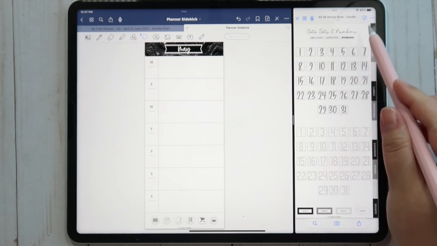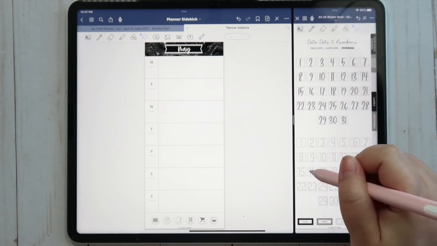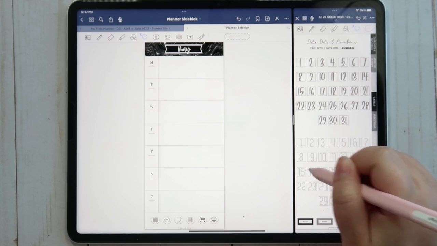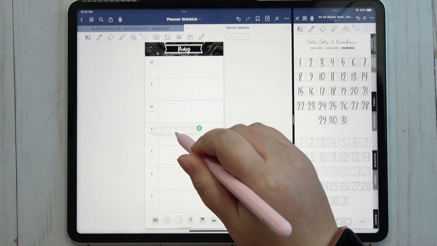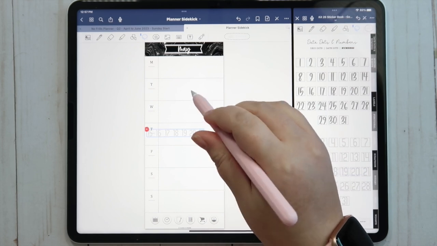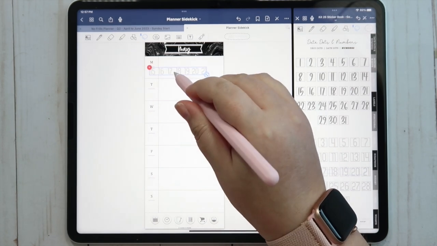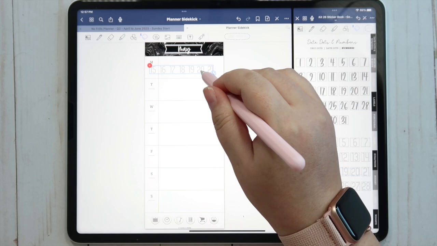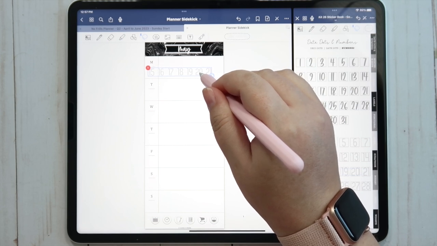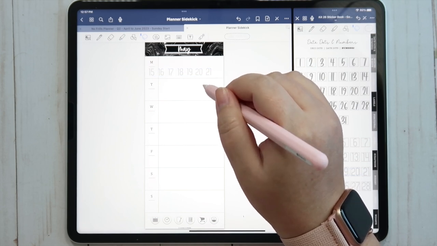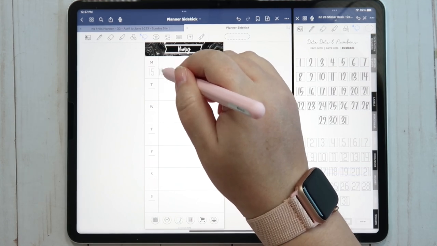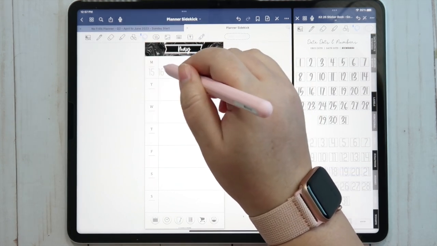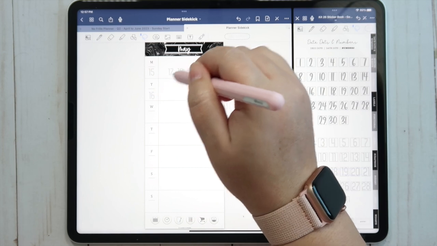So I'm gonna do the 15th through the 21st. And we'll kind of size them where we want them. And then I'm just gonna kind of go in, I gotta turn images back on. Go in and change all these.